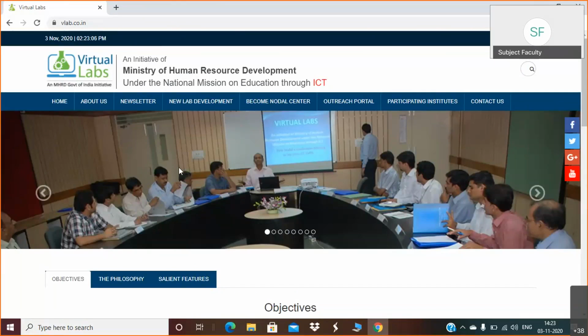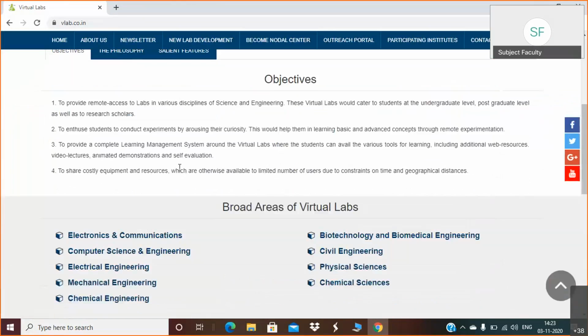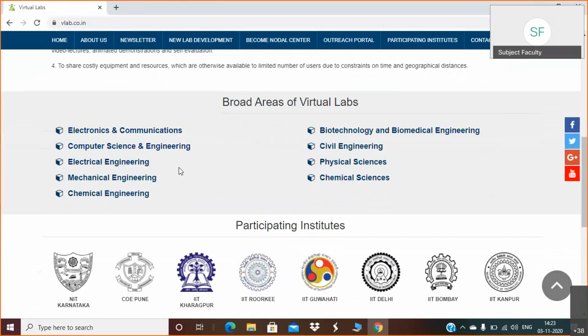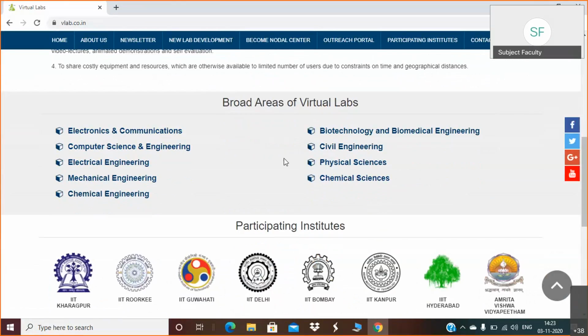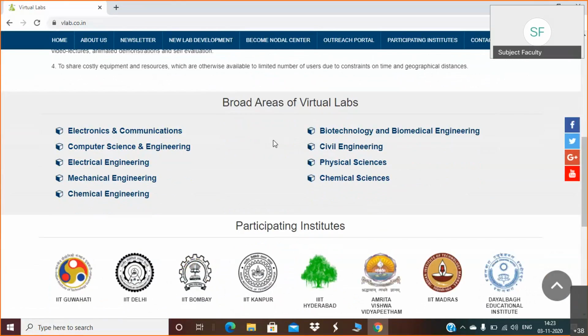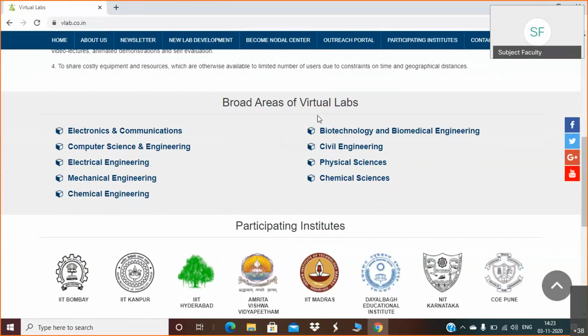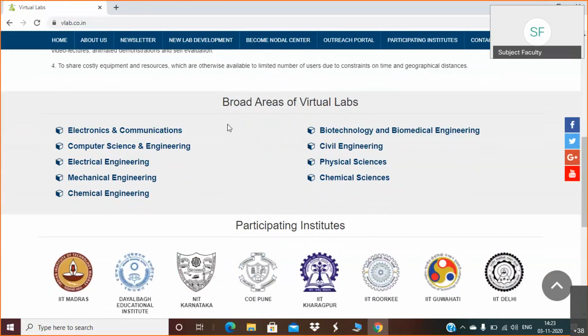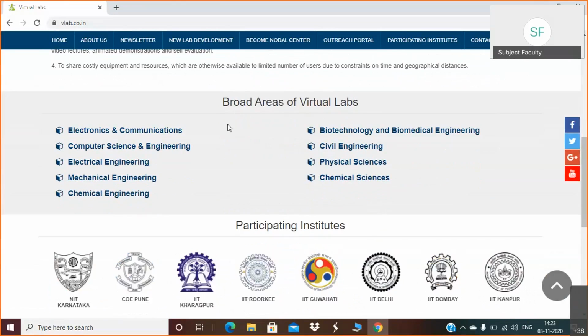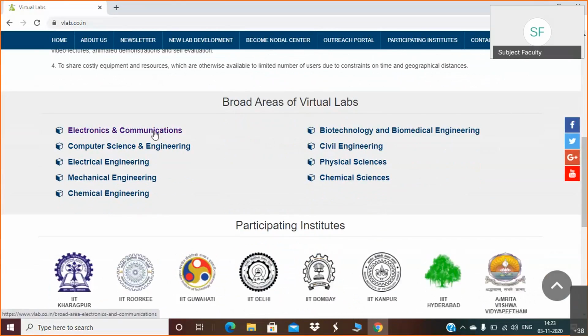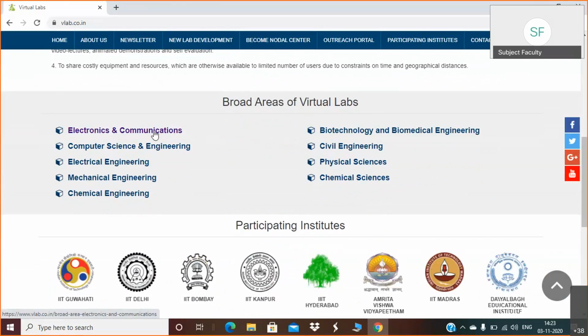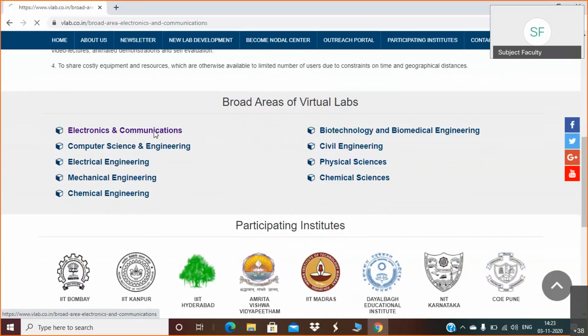These labs are designed by the different IITs. These are the participating institutes and these many labs. There are various labs classified under these broad areas. Since we are discussing analog and digital electronics, we need to select the electronics and communication area. Under this again,